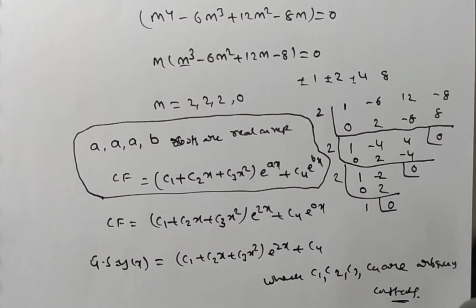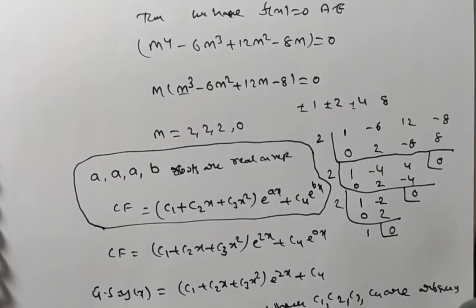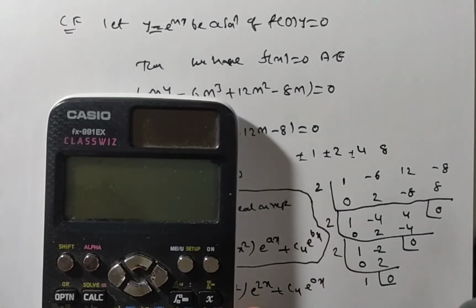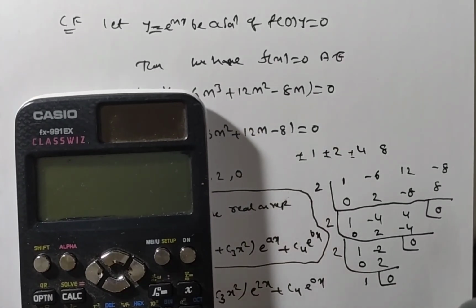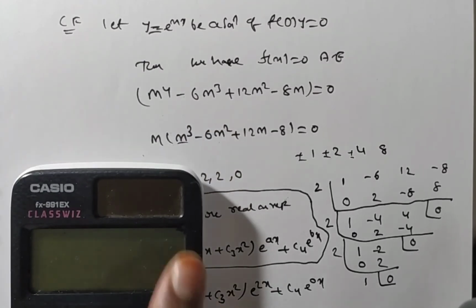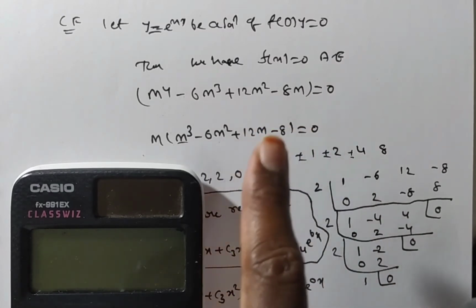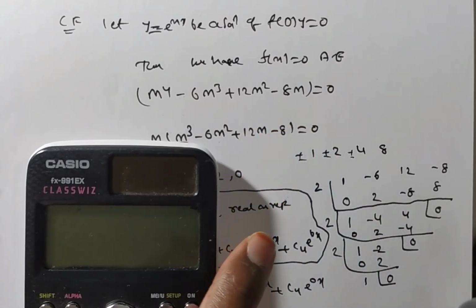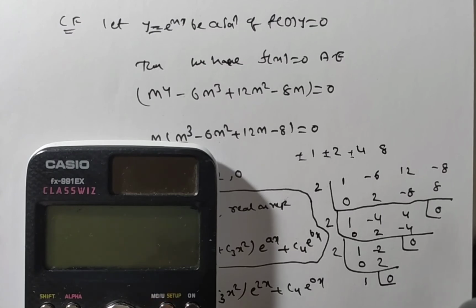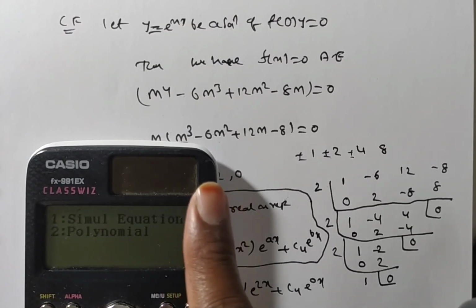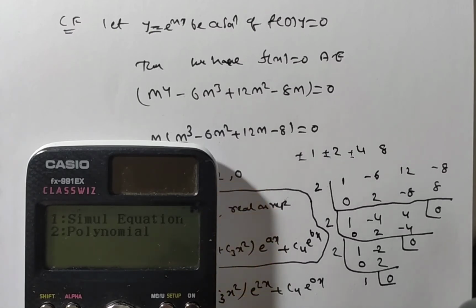Friends, this problem you can solve by using the calculator also. I will show you. Because it is a polynomial of degree 4. Of course for 3 also you can do. Already one root we got. If m is not cancelled out, then for the 4 I am explaining. Now go for menu, then go for equations. In this calculator, to go for equations you have to press A button. Now this is a fourth degree polynomial, so press 2, polynomial of degree 4.